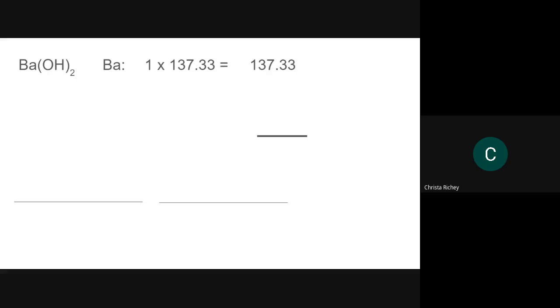Barium hydroxide. I have one barium. Each barium has an atomic mass of 137.33, but there's only one of them. I have 2 oxygens and 2 hydrogens. Each oxygen has a mass of 16.00, which ends up being 32.00 atomic mass units, which we're going to change to grams. I have 2 hydrogens, each with an atomic mass unit of 1.01, times 2 is 2.02